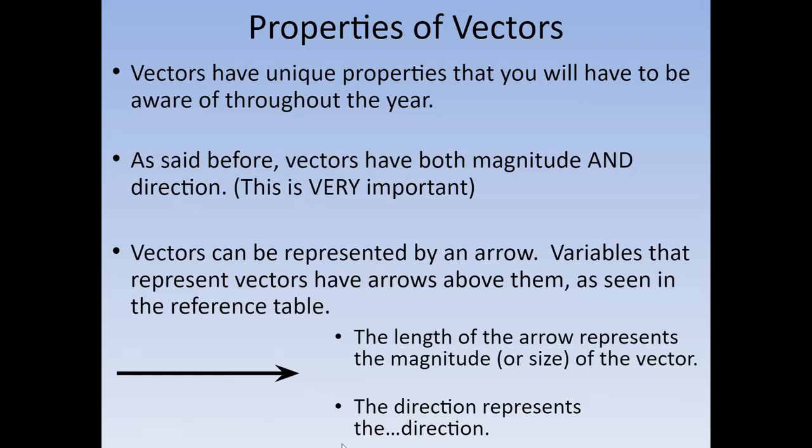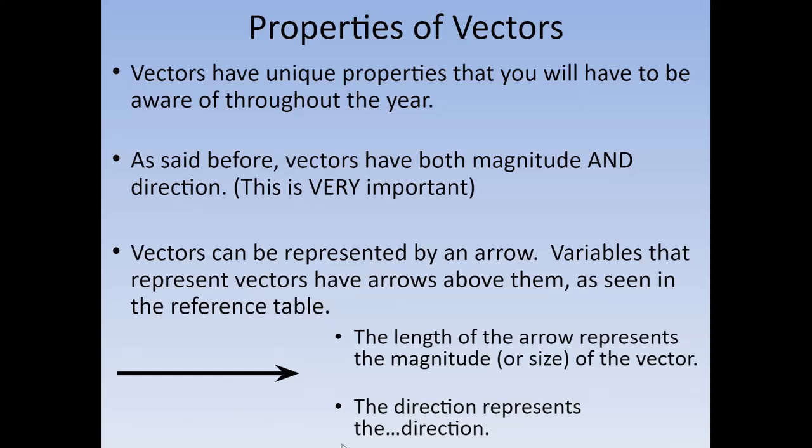So I said before that scalars and vectors both are magnitude and direction, and this is extremely important. A lot of times what they do to represent vectors is they use arrows. So we can actually do things with vectors. We can do some math with vectors by drawing arrows as representations of them. The length of the arrow would represent its magnitude or its value, and the direction of the arrow represents its